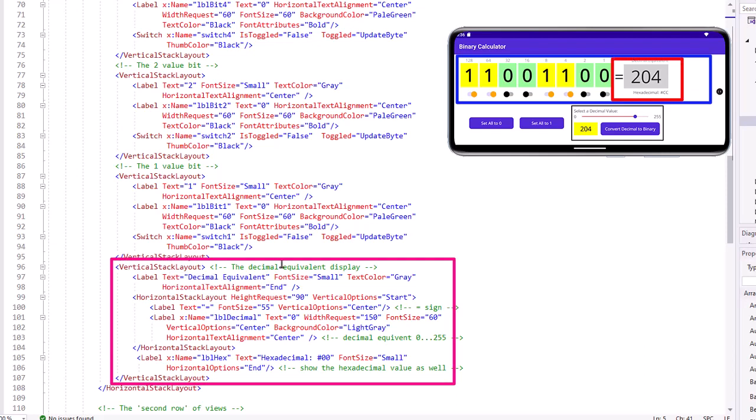Then I have another vertical stack layout, which is going to be our decimal expression. It's going to have a label. It just simply says decimal equivalent at the top. It's small, made it gray. And then a horizontal stack layout that's containing a label with a large equals, so font size 55, and then a label named LBL decimal that's going to display the decimal value of the byte. Give it a width request of 150, font size of 60, vertical options of center,